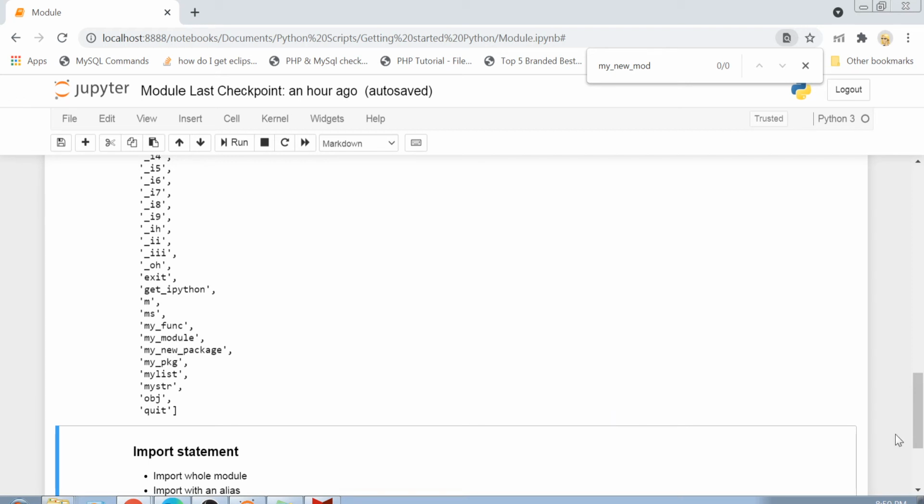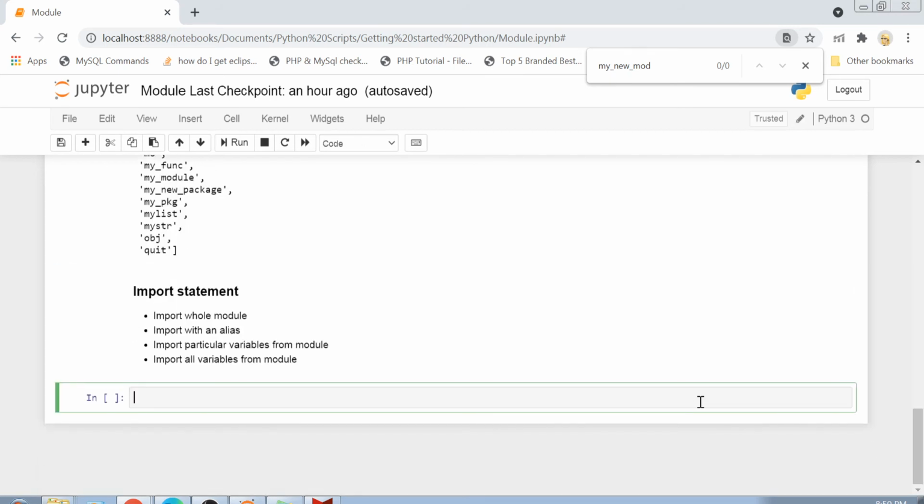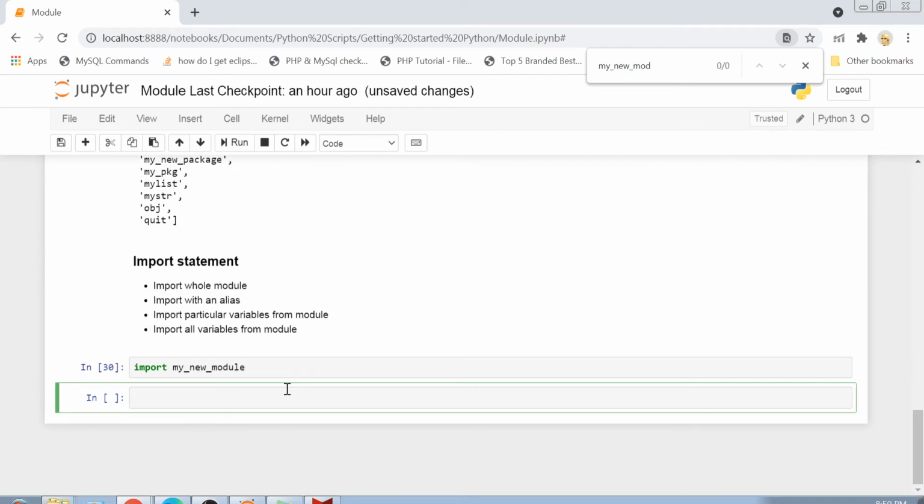That means if I want to use that module, I am not able to use it until I import it using an import statement. So the first way to import is by using an import statement and importing a whole module. I have to do import my_new_module. And now you see that my module is imported.